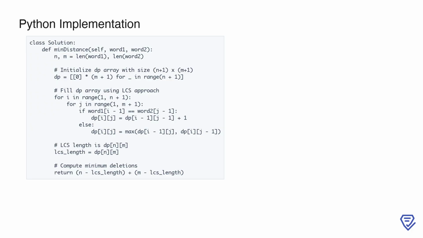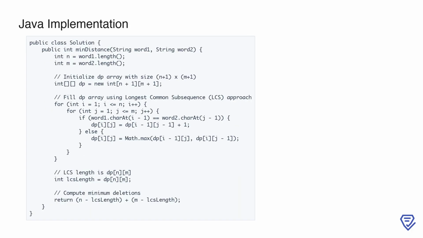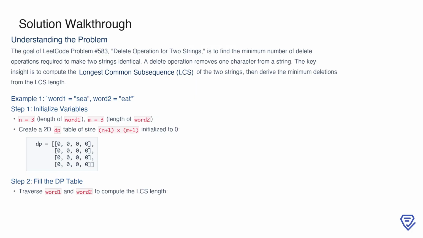This is the Java implementation for LeetCode problem number 583, Delete Operation for Two Strings. The solution mirrors the Python logic by using dynamic programming to calculate the longest common subsequence, LCS, of the two strings. The minimum number of deletions required is derived from the lengths of the two strings minus twice the LCS length. Key differences in Java include explicit type declarations, the use of the charAt method for string indexing, and the Math.max function for comparisons. To solve the problem Delete Operation for Two Strings, we need to determine the minimum number